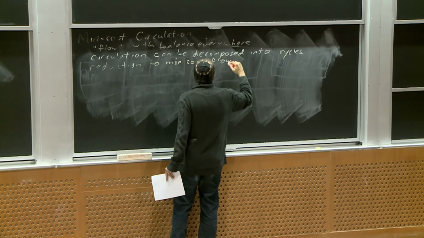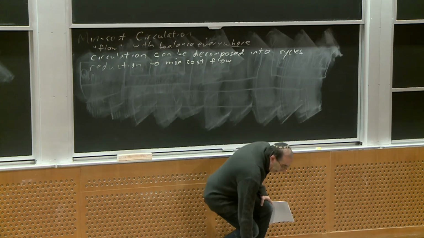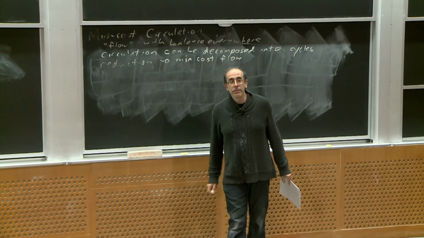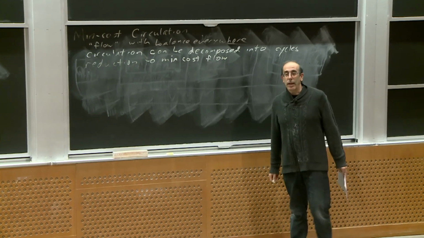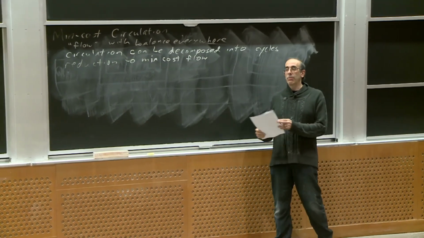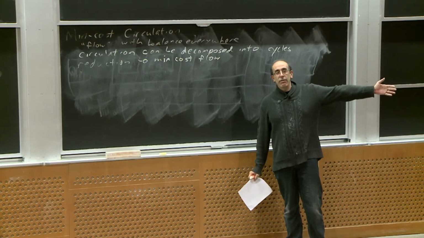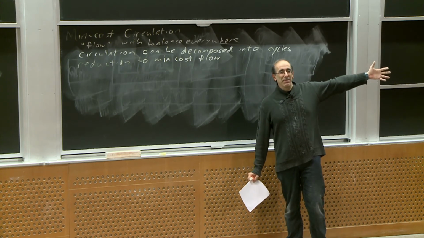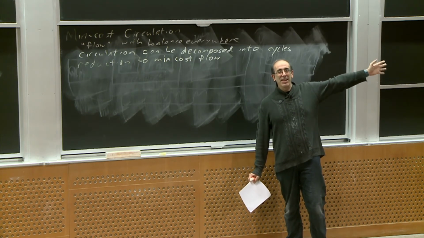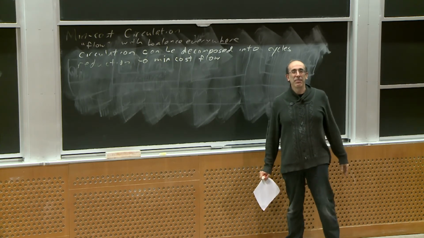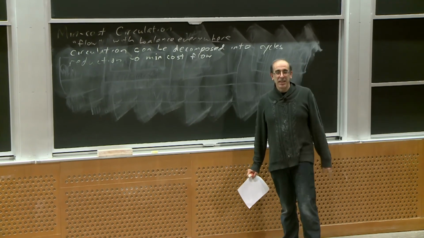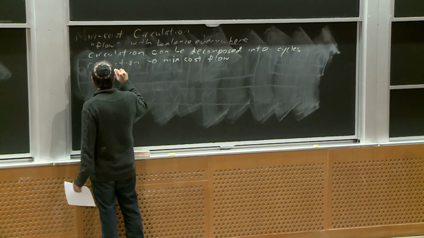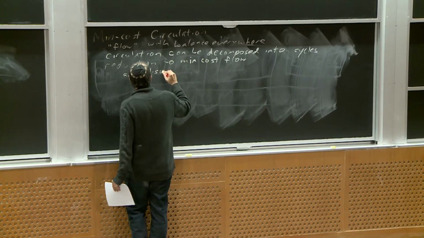Suppose I have an algorithm for min-cost flow, and I want to use it to solve a min-cost circulation problem. Okay, so here's the min-cost circulation problem I want to solve. I need to give the min-cost flow algorithm a flow problem. There needs to be a source and a sink, right? So how do I do that reduction? Yes? Put on a source and a sink and not connect to anything. Exactly. Just add a disconnected